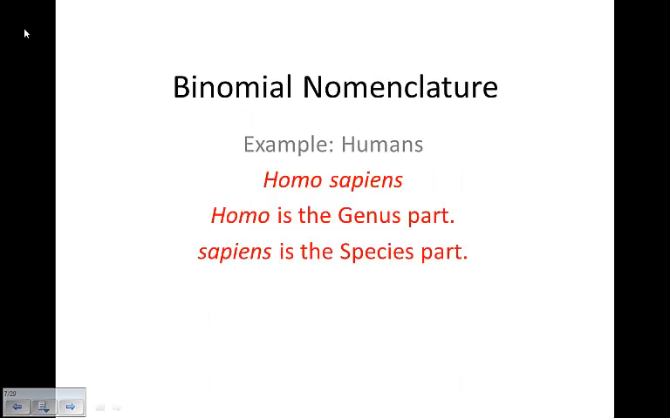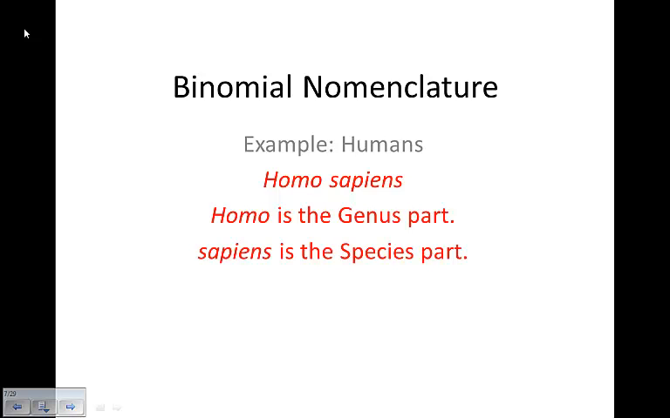And of course we know bi means two, nom is name. So binomial nomenclature is a two-name naming system. So the two-name naming system here, and the rules of it are